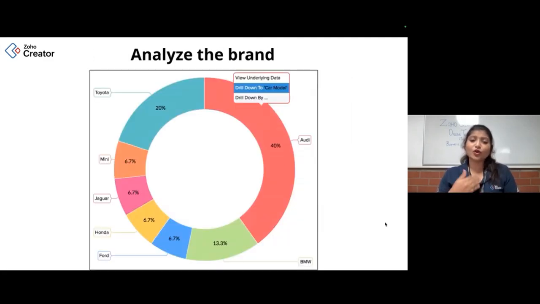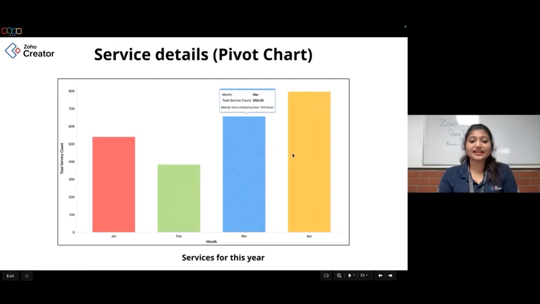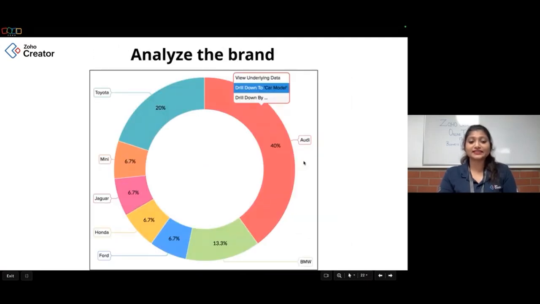I can also go deeper and analyze based on brand, which brands are coming in for service. For that I can choose a different type of pivot chart. Before, it was a graph, now it is a pie chart, the donut chart.